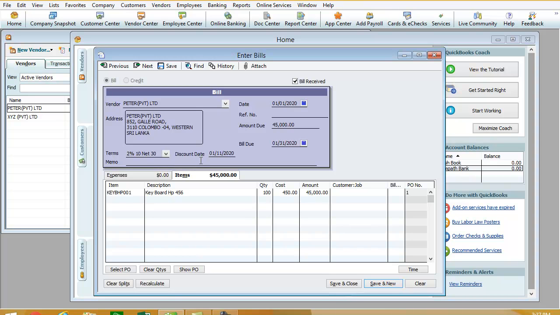So if we pay the amount before the 11th of January, we will be entitled to enjoy the discount. So all this information is here. Right. After making sure the item and the quantity, we have to click save and close.